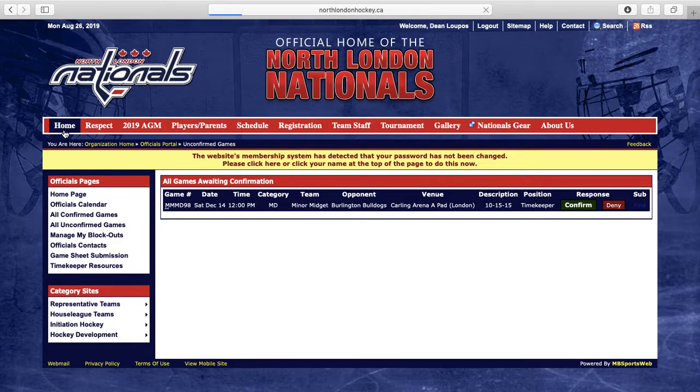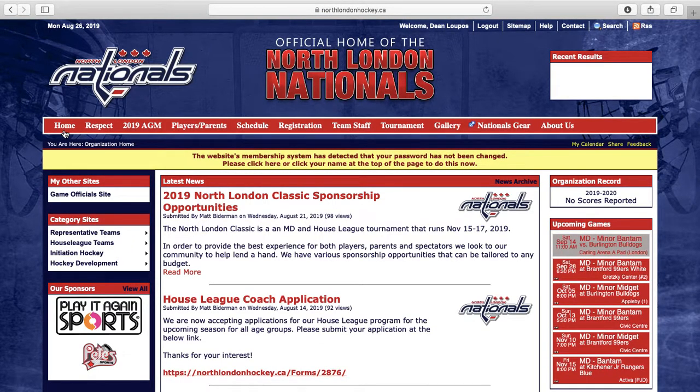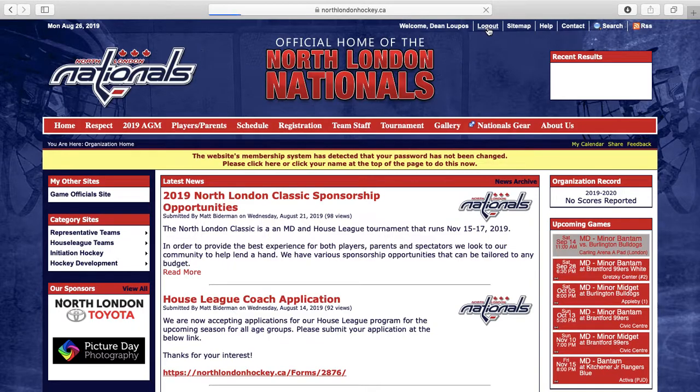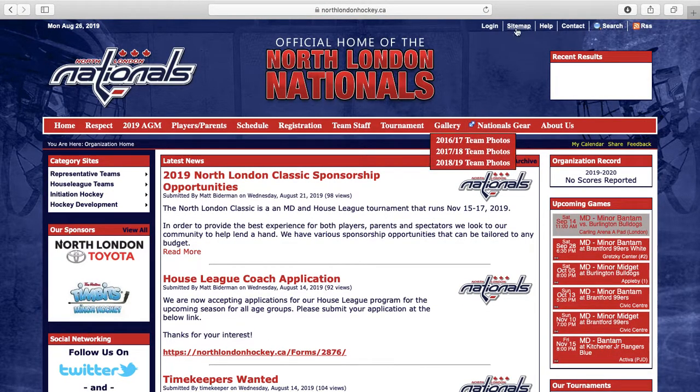All right, guys. I just want to go over how you can access your games that you're assigned as timekeepers, and also the other stuff here on the game official site. So if you go to North London Nationals, and then you go to login. I've already logged in, but actually, let's go through this. So if you go to North London Nationals here,